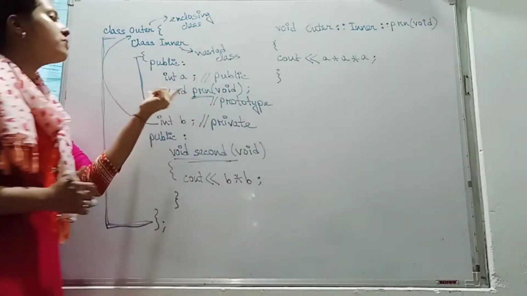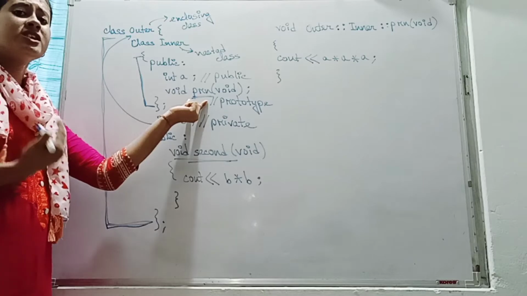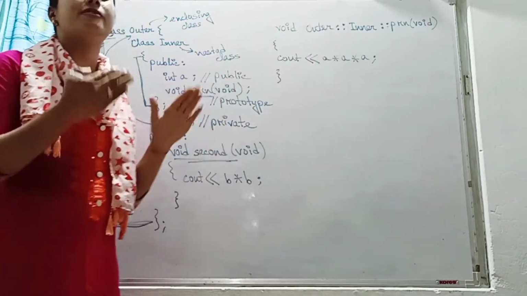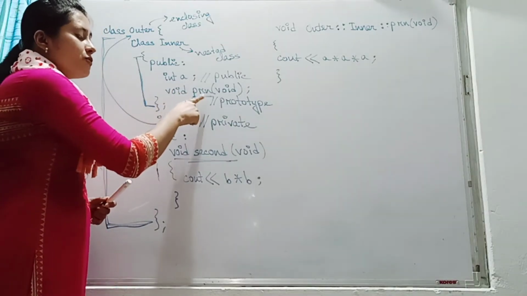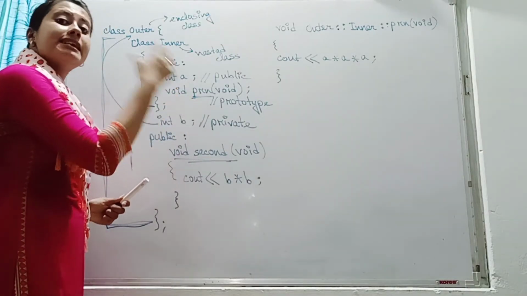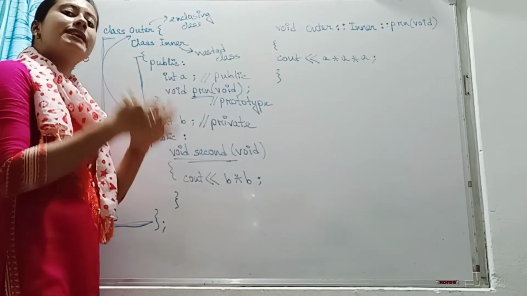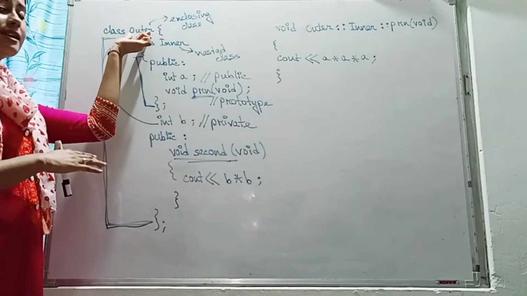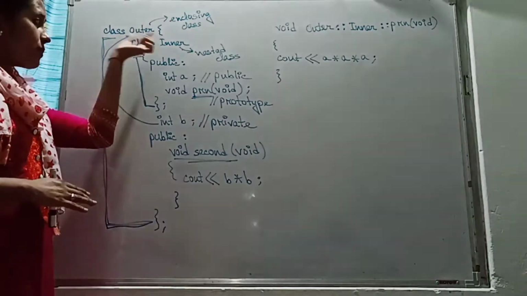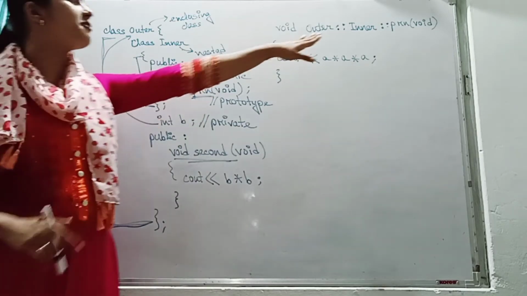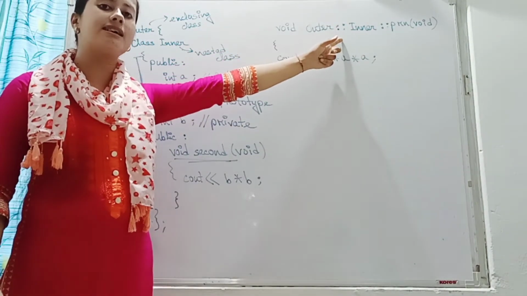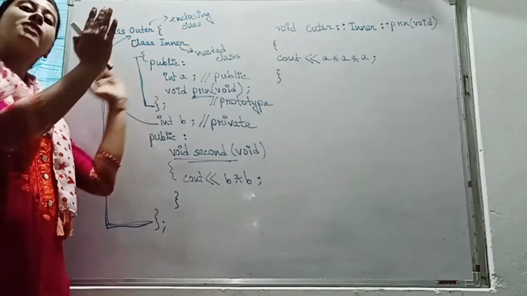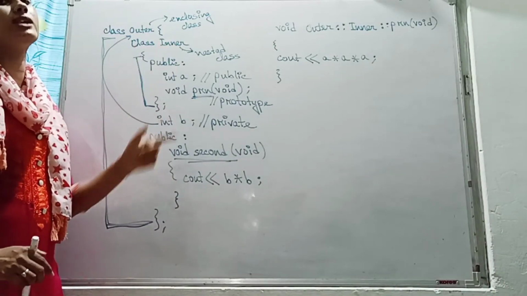So if we want to give any definition of the object, then you have to mention which class's definition you have to give. Suppose this is which class definition? This is the nested class's definition. So the nested class's head is there. Head is the enclosing class, that is the outer. So whenever you assign the name of the function, before that you will suggest the class where it belongs. If it belongs to the nested class, then you have to suggest the name of the enclosing class also.